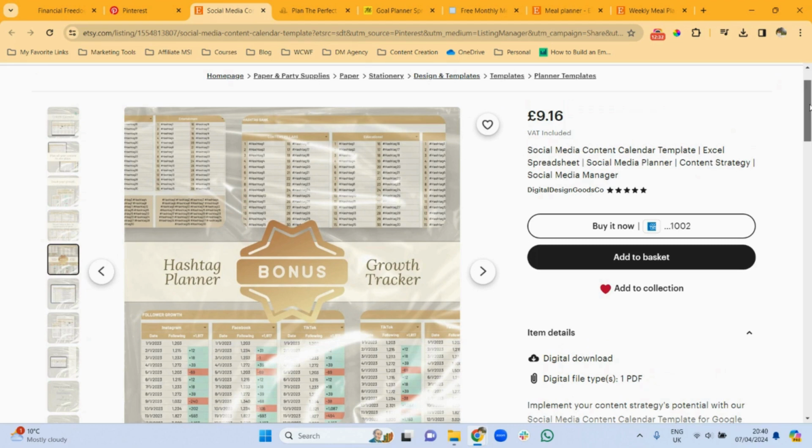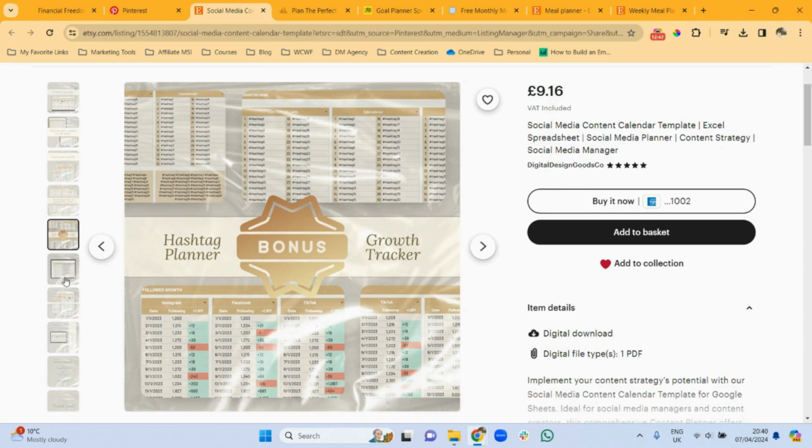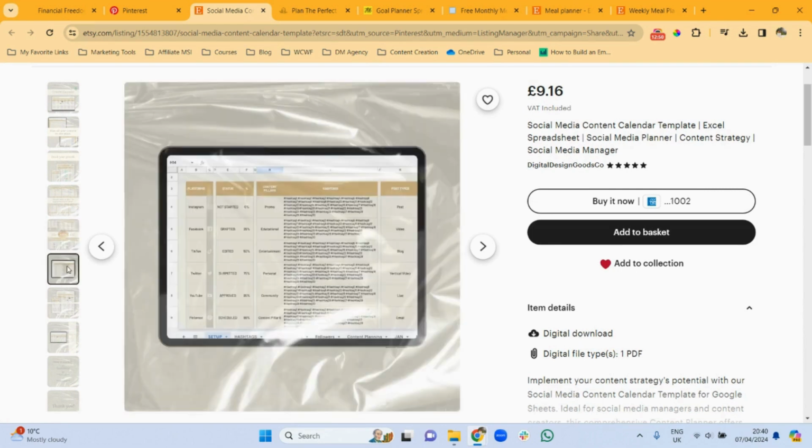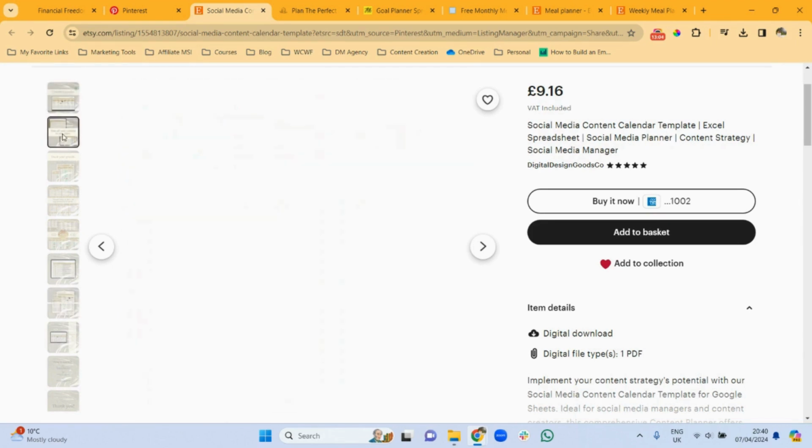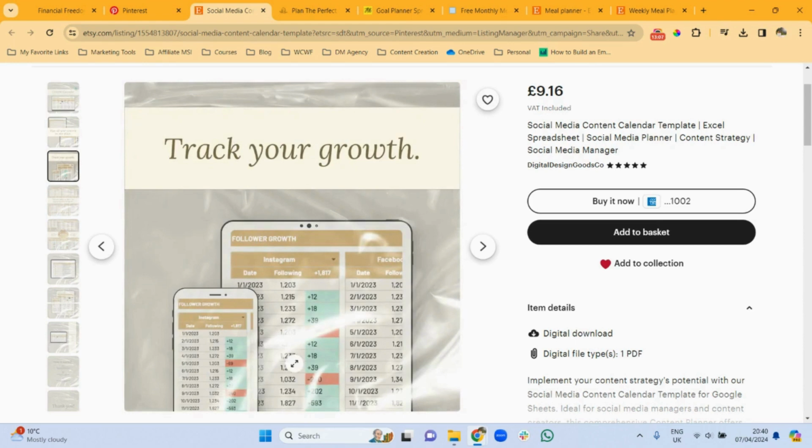So I know how important something like this is for so many people out there who are using social media today. You can create a spreadsheet like this that helps organize customers' content calendars. They can use it to schedule and plan posts across different platforms. Let's see what else this one has here. So it just looks like it's giving you some hashtag ideas. I also saw where you are able to analyze your growth. So let's just see, I think I have seen it here, where you can track your growth and also analyze your growth as well.